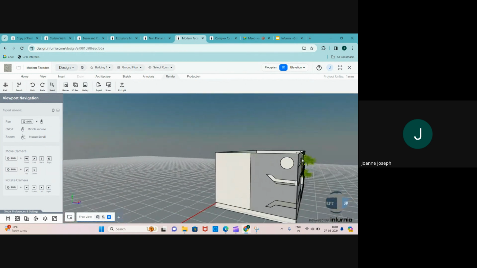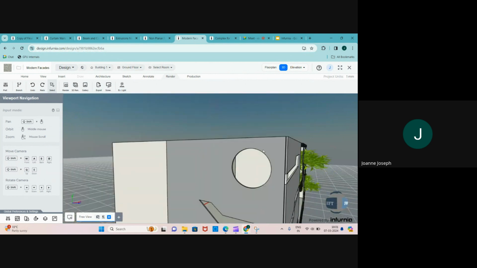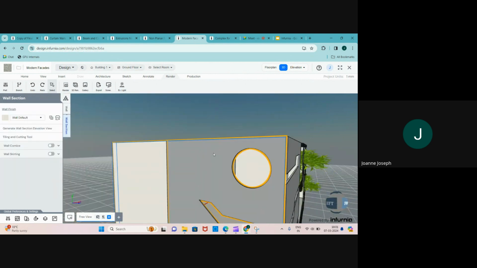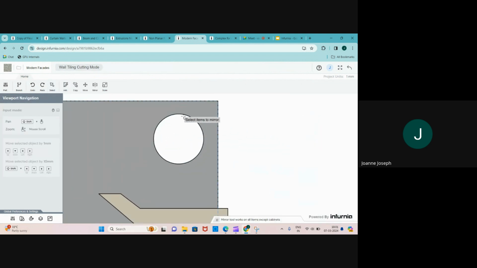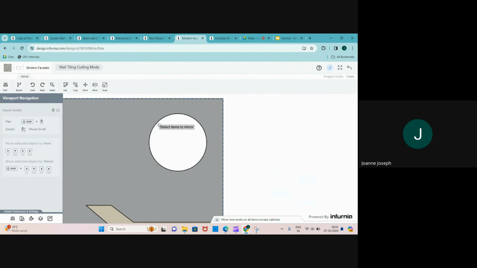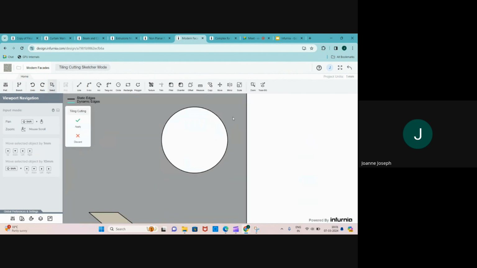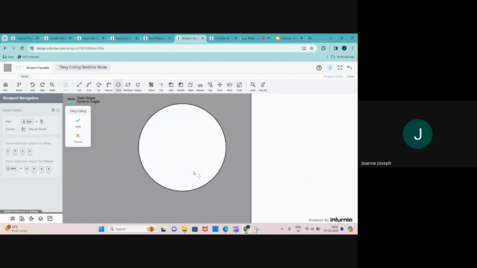I'll just briefly show how we can do that. I click on this particular surface, use the tiling cutting tool once again, and let's say I want to make a circular strip that is emitting light. I select add, I create a circle once again,